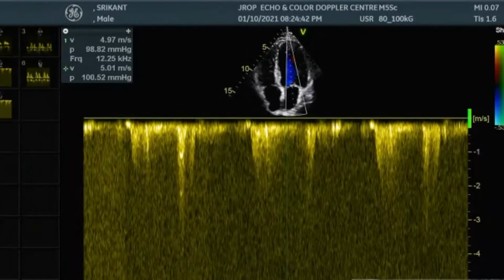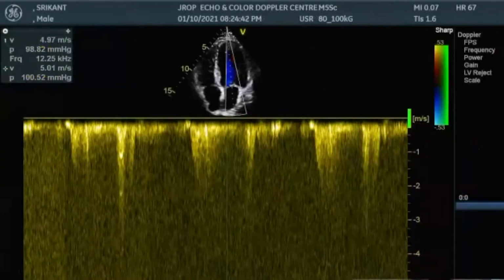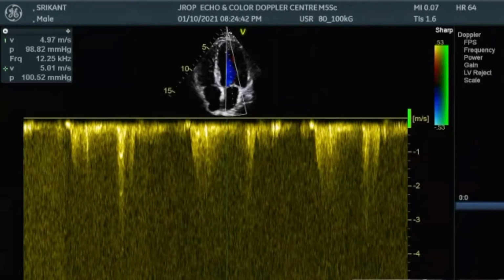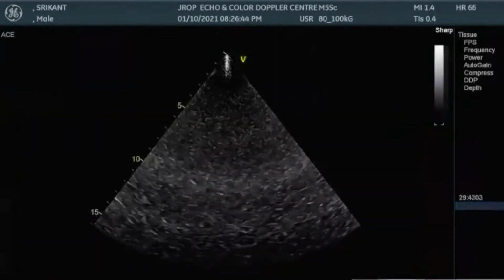So why are we reducing this Nyquist limit to 40 or less than 40 when we are doing the PISA assessment in mitral valve? In PISA assessment, we are not reducing it. If you look at my Nyquist limit on the right hand side, throw some more to the left hand side screen. In PISA assessment, we are not doing this reducing it. We are moving the baseline in the direction of the jet. I'll show you exactly what we do.